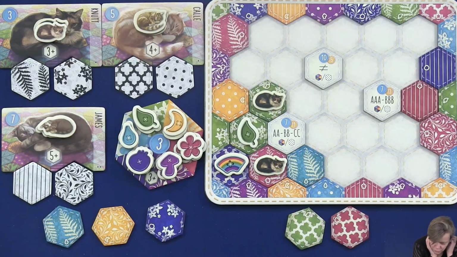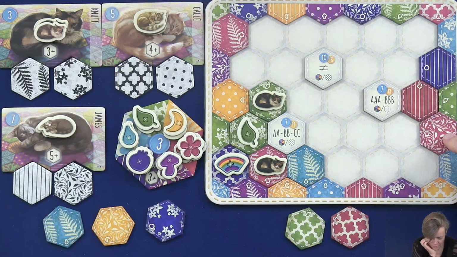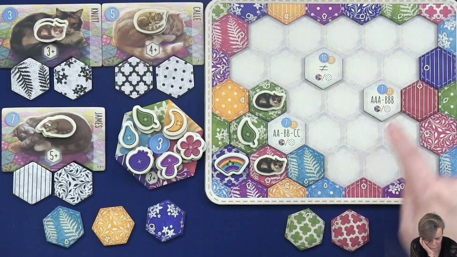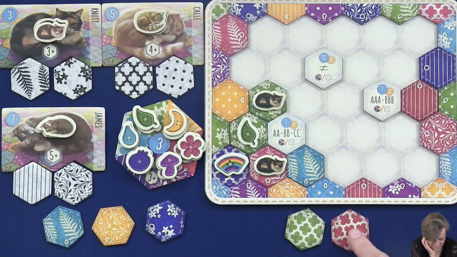Okay, but we need to fulfill something down here. This one, we would need 5. And we need the different colors up here. So these we are going to start in this area, I think. This one, I would be able to place...